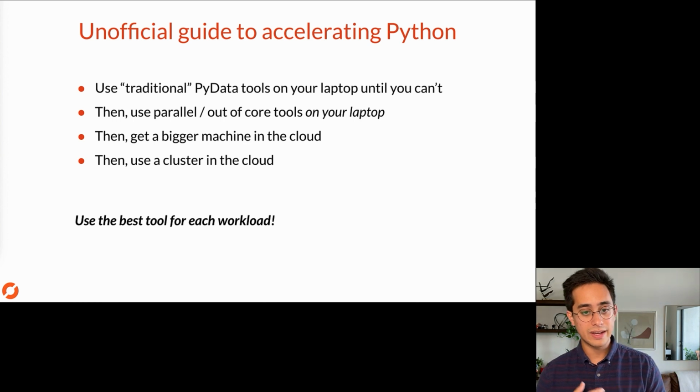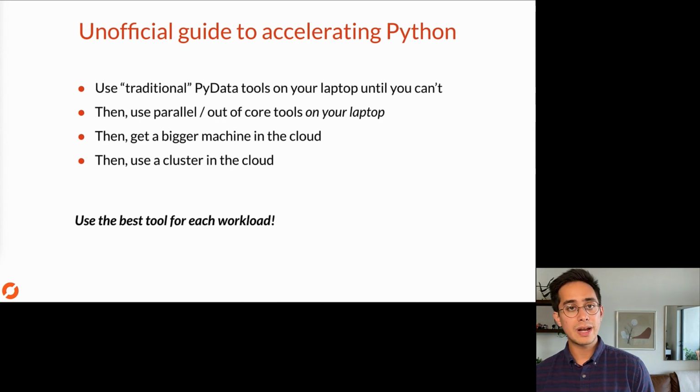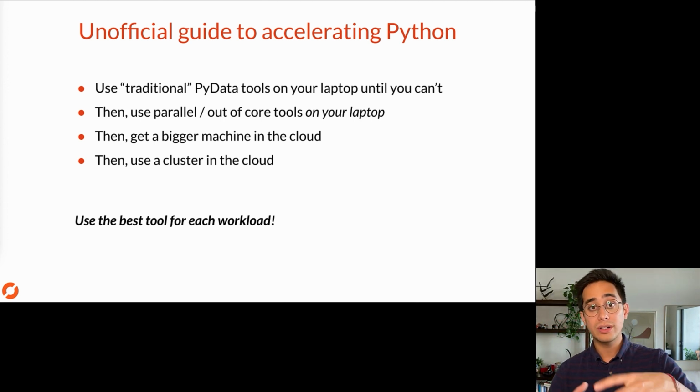So I do want to caveat this, and this relates a little bit to my previous PyData Miami talk: you shouldn't do cluster computing or parallel computing unless you have to. If everything works just fine on your laptop in Pandas, NumPy, and that kind of world, stay there. There's no reason to learn something else. If you start to hit the walls of that, you can actually use most of these tools that I'm talking about today on your laptop or on a single machine.